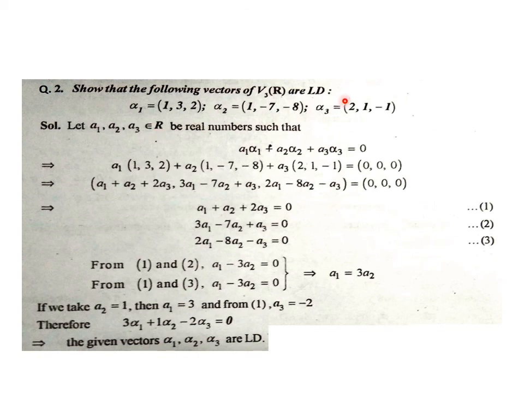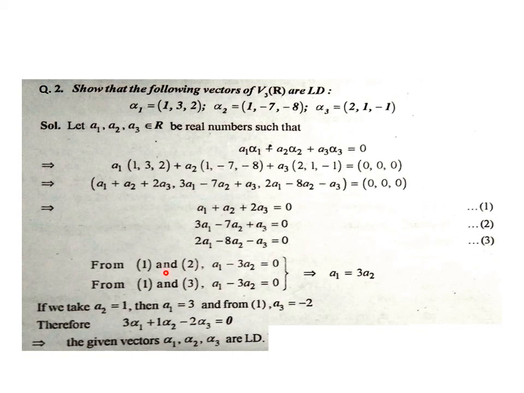Scalars are chosen from set R because set R is given as a field here, and then using these three vectors alpha 1, alpha 2, alpha 3 and a1, a2, a3, the linear combination equals 0. Substituting values of alpha 1, alpha 2, alpha 3, then multiplying and adding at respective places, and that 0 vector is written as (0, 0, 0) as a triplet. Now these three equations are obtained. Now if we solve these three equations, what will happen?